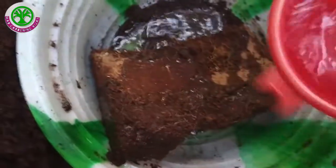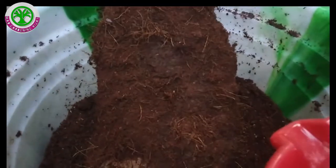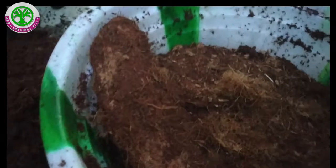Maybe let's add some more. It still absorbs more water. It's still dry in the center. So it still didn't get broken fully. We need to add some more water to break it. Let's add more and more. Only this much is left. Nearly 2 hands